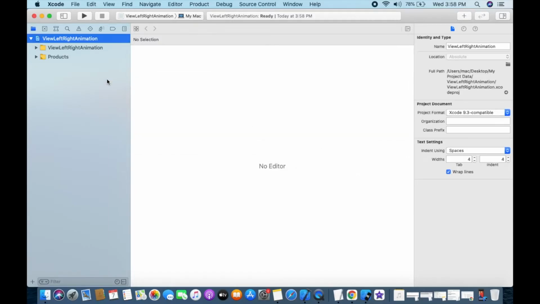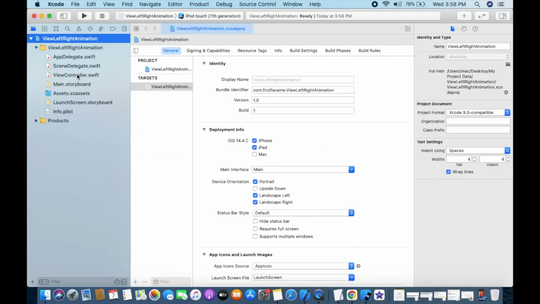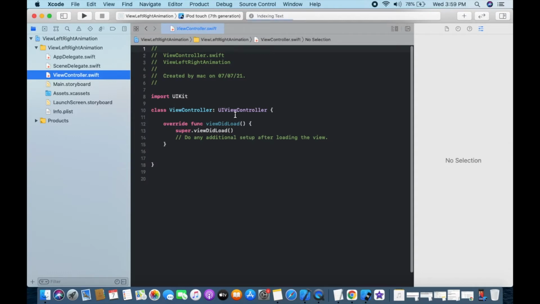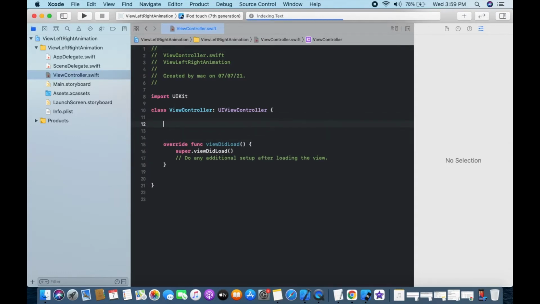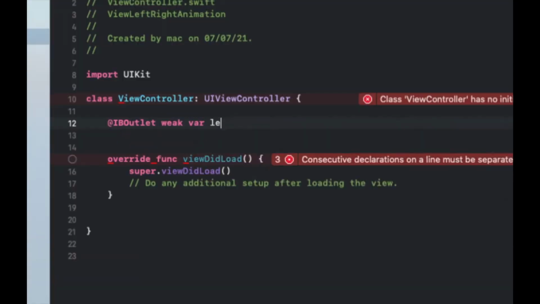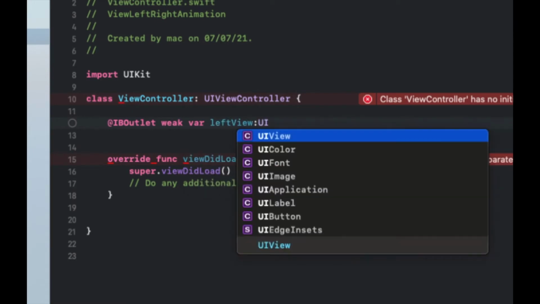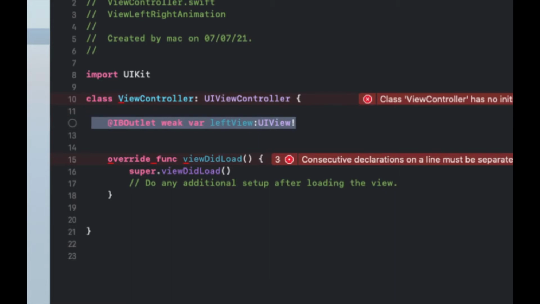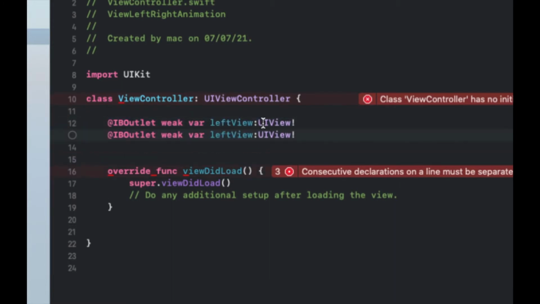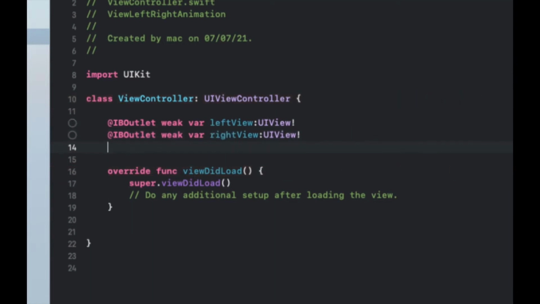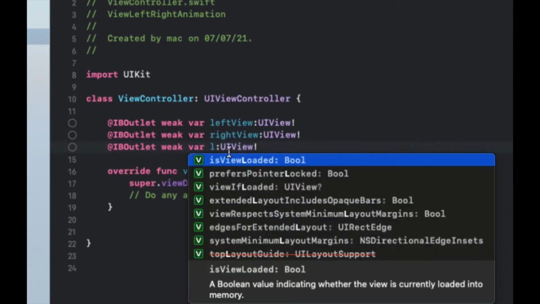See the navigation bar and go to the view controller class. Here we are creating a total of 4 IBOutlets. First, we create the left UIView IBOutlet, second, a right UIView IBOutlet, third, the left view leading constraint, and fourth, the right UIView trailing constraint.